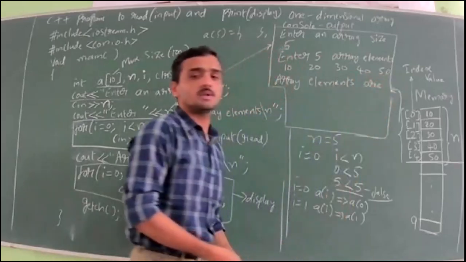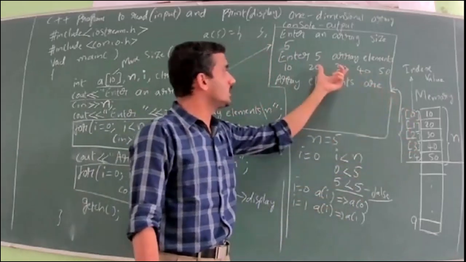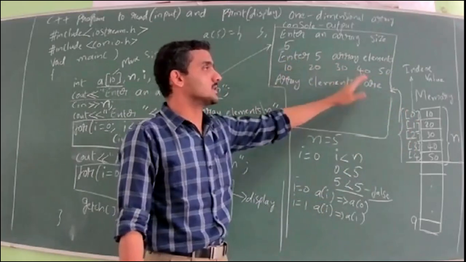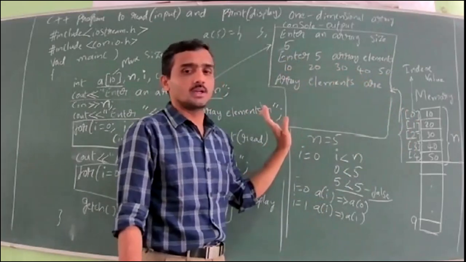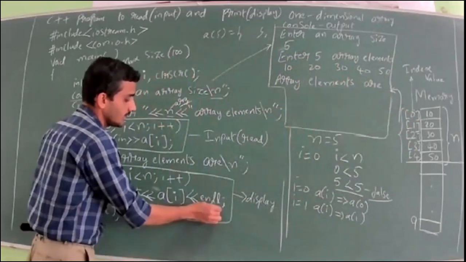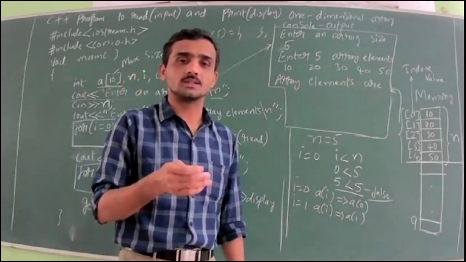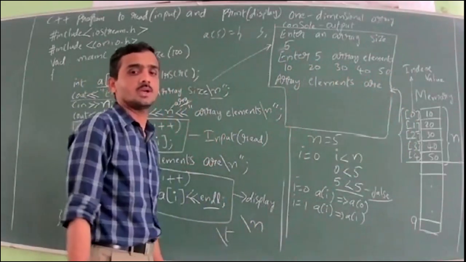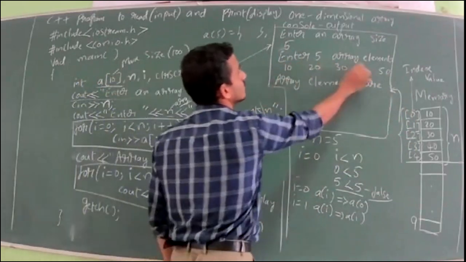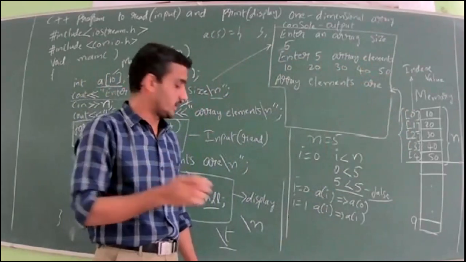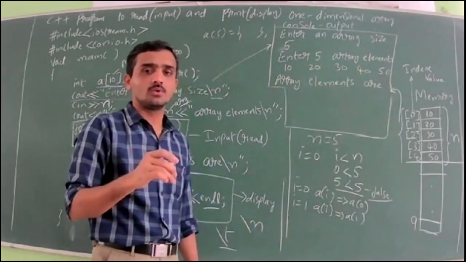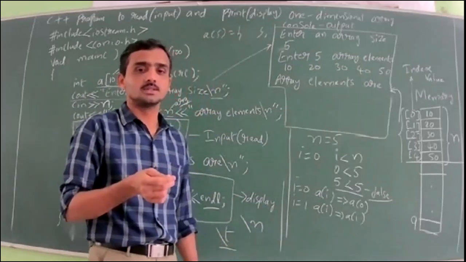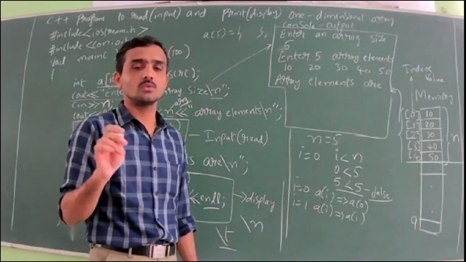Okay. So when you display the values present in computer memory, you can display them as you entered them, whether in individual lines or in the same line, or line by line, however you want. If I use endl or backslash n, the values are displayed on separate lines, in vertical format, each value in one line. If I use backslash t, t indicates tab, which is horizontal, so the values will be displayed in one line.